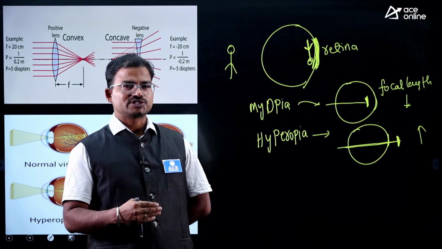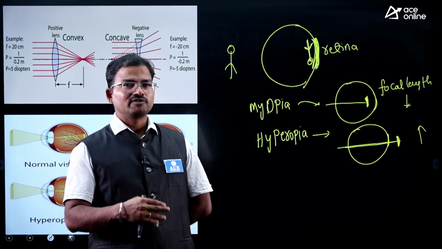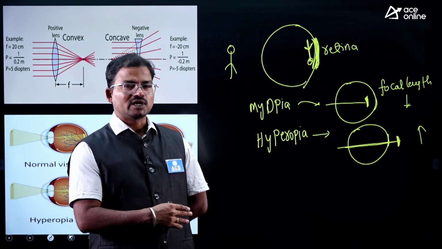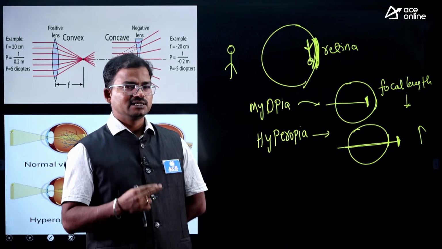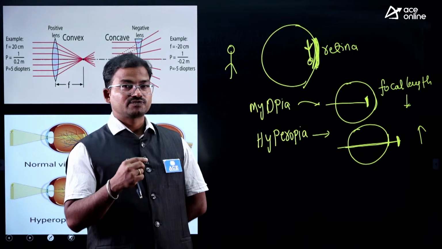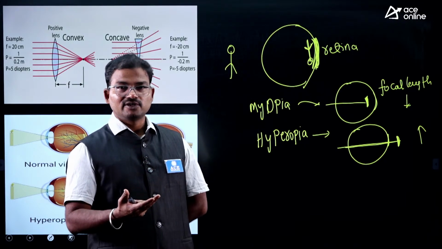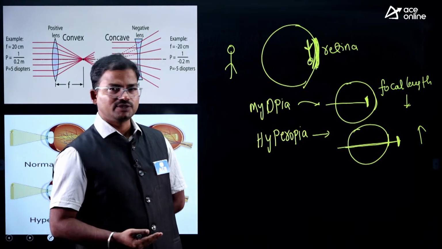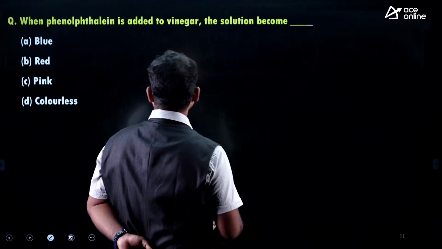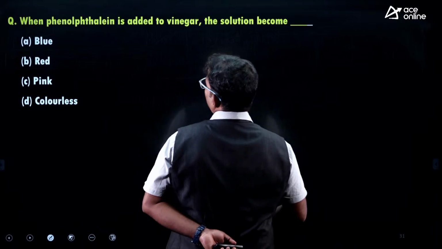Suppose the value is positive, what kind of lens is used, concave lens or convex lens? If we wear a concave lens, the concerned person is facing what kind of vision defect? These are all very important from your examination point of view. So the next one,